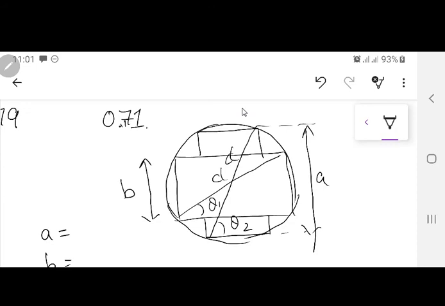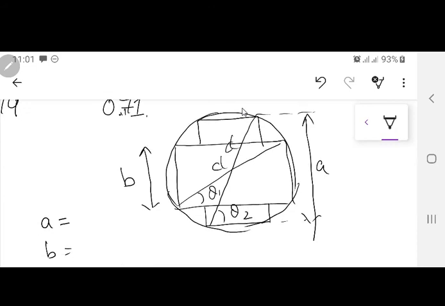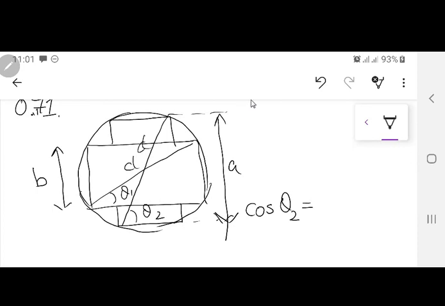What is A equal to? A over here, for this triangle, is actually the hypotenuse, so this is equal to D. What is cos theta 2 equal to? That will be equal to